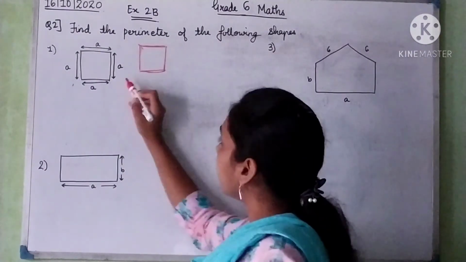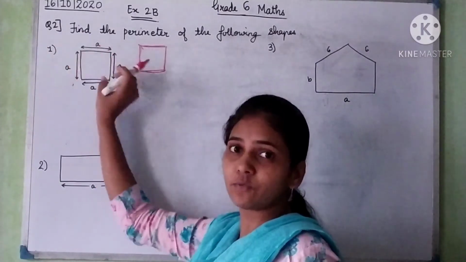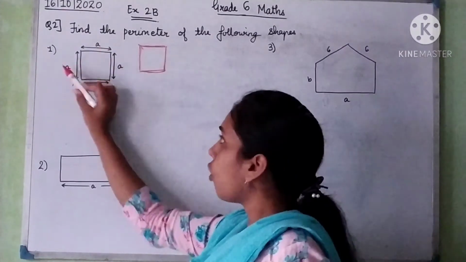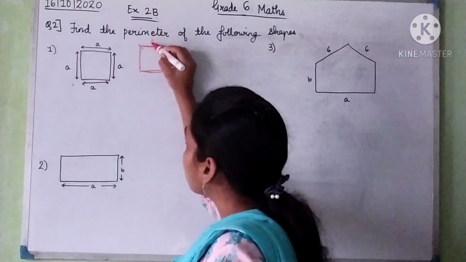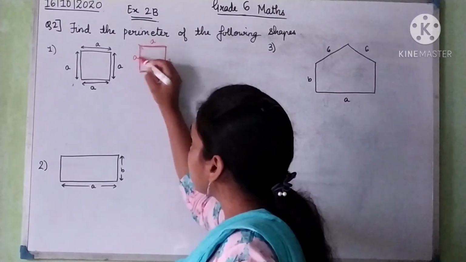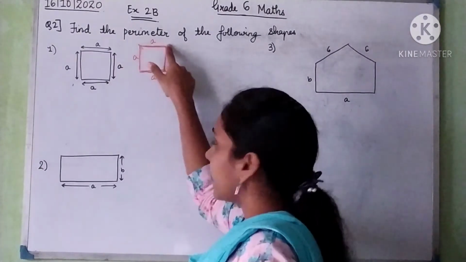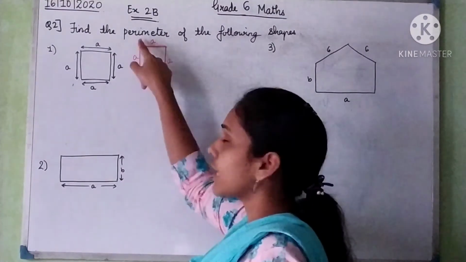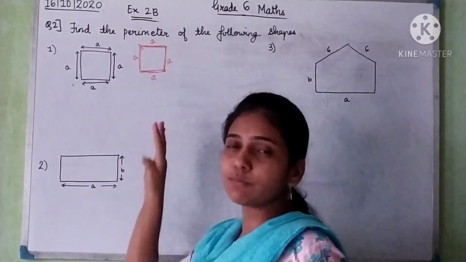Okay. So here they have given us that this much length is A and this is a square, meaning all its four sides are going to be equal. Right. So if one side is A, all the remaining sides are also going to be A. If we start from here and first measure A distance, then again A distance, again A distance and again A distance. So we are measuring this distance A how many times? 4 times.